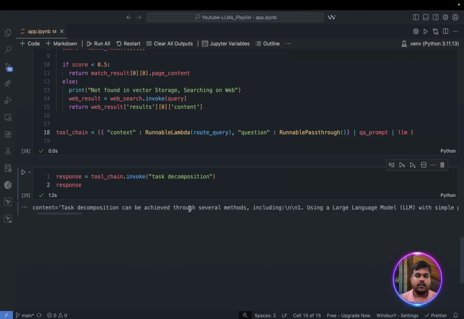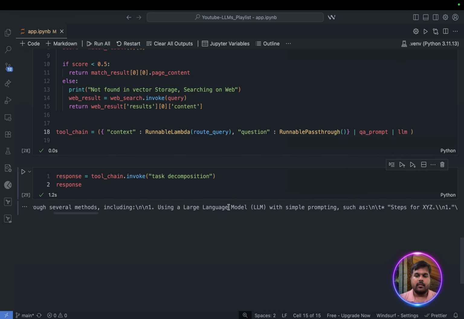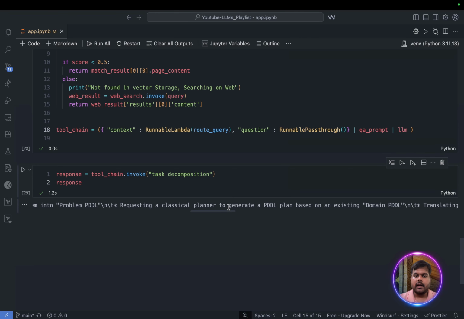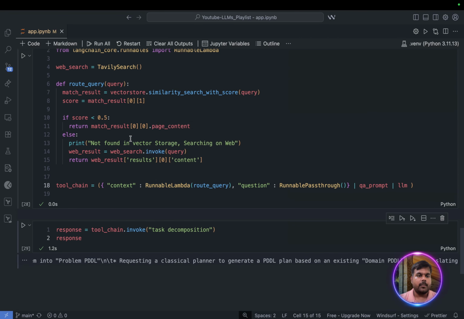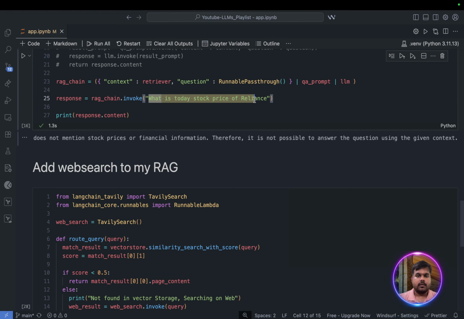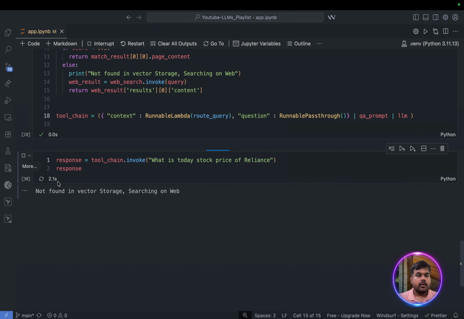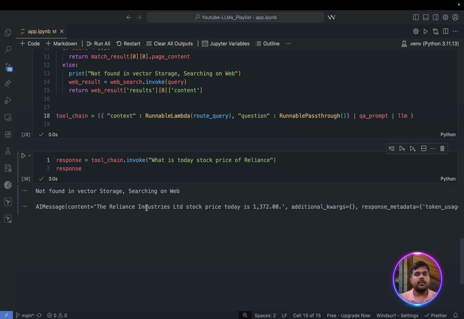Task decomposition can be achieved through several methods, including large language model simple prompting, and this is what we are getting. Okay, but we are not sure if we are getting it from our vector store or from the route query. How will we ensure it? Let's ask that question one more time and see if it is printing or not. Not found in vector storage, searching on web. You see,